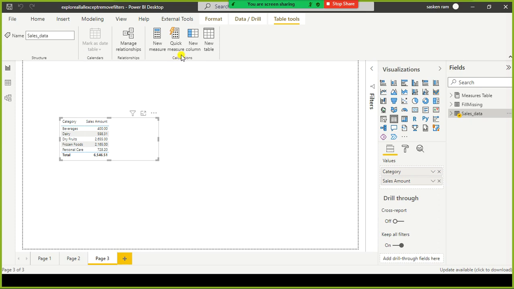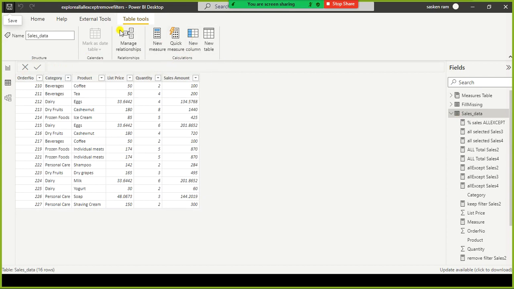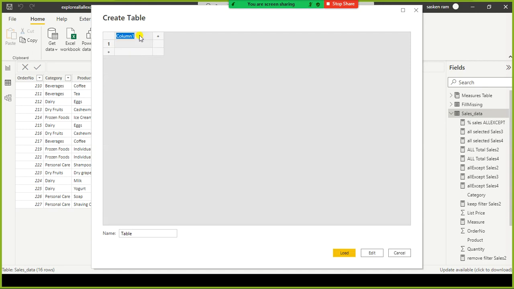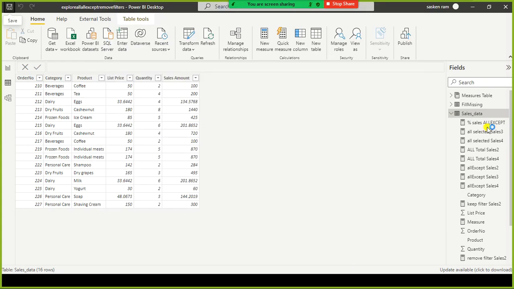So I just go here and click on Enter data. To make it a very simple one, I just load this one.